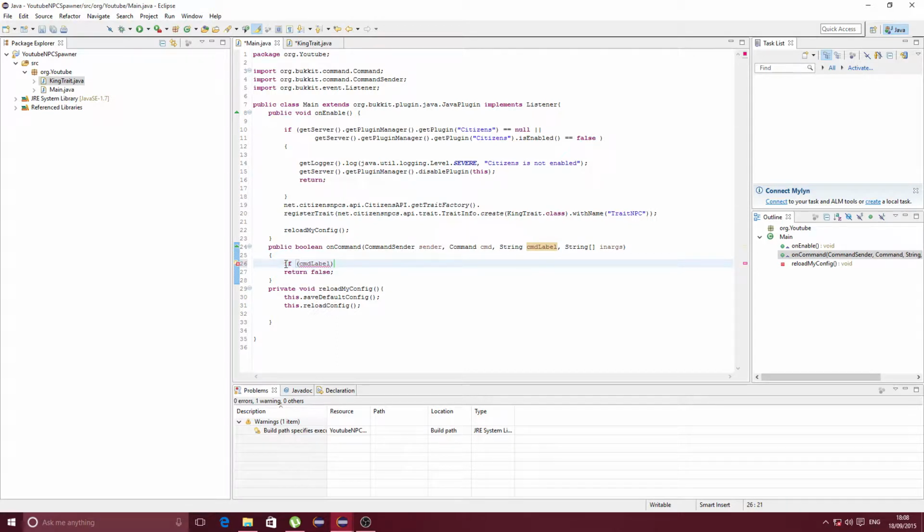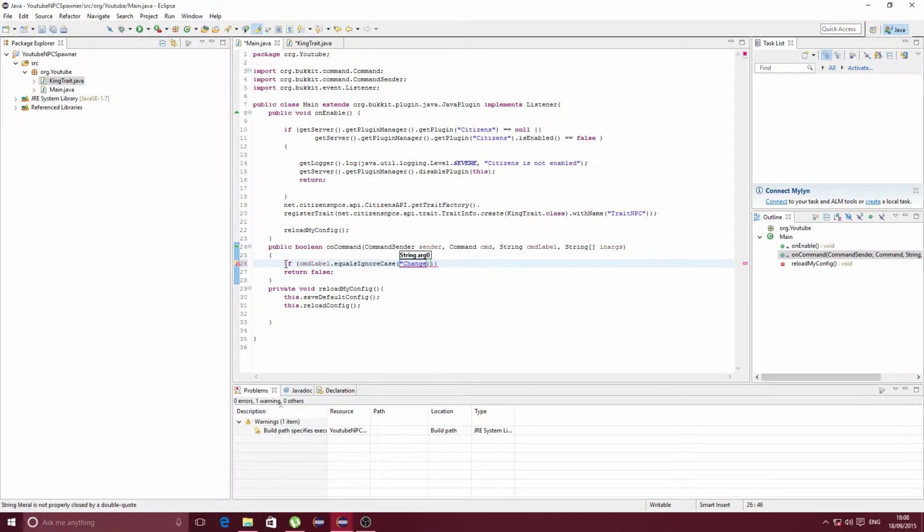So we can get the string if cmd label is equal to, ignoring case, so that means it could be lowercase or uppercase. I recommend whenever you have to use a string, always use equals ignore case. Sometimes doing double equals causes errors or it gets ignored. I don't understand why sometimes, but this always seems to work 100% of the time. So just equals ignore case, and let's say we did a command